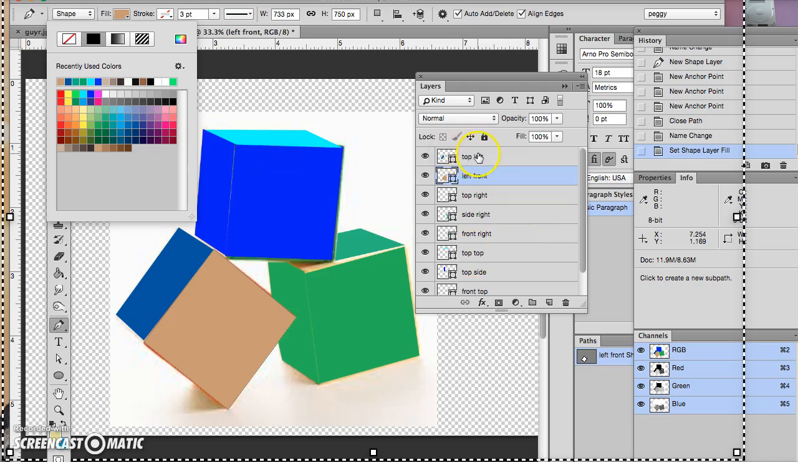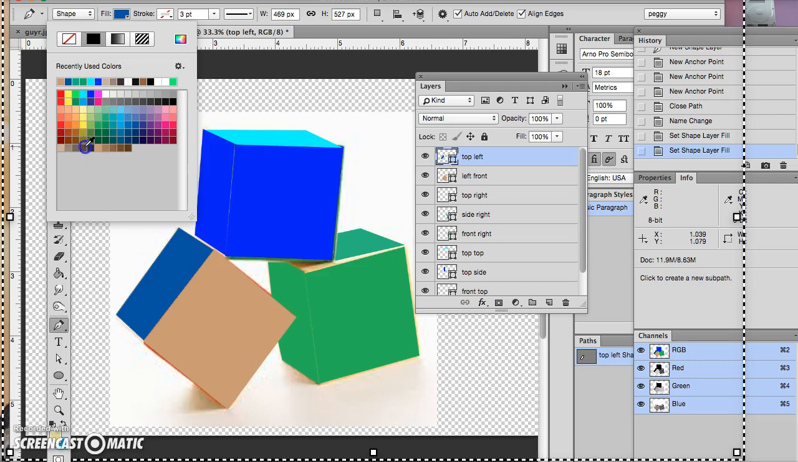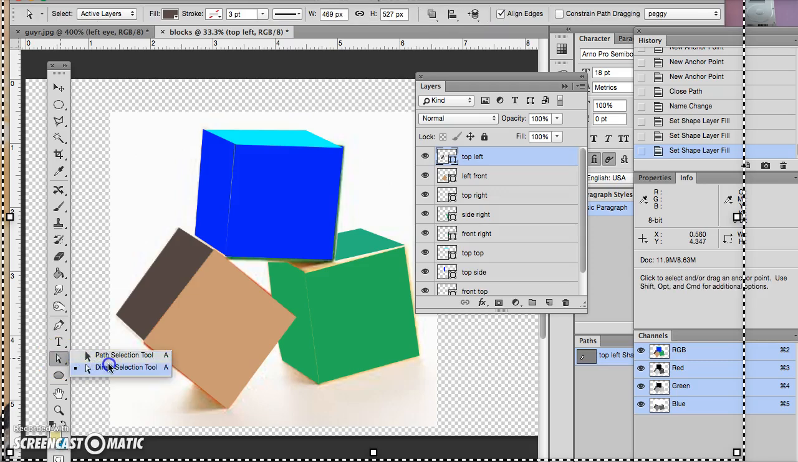Okay, let's make that top one here kind of a brownish, just to stay in line with things. Okay, so now we've just made our basic shapes, and you can see it's not exact. And so this is where we come in. We have two tools here. We have the path selection tool, and if I'm on the top left one and I click on it, you see the points come out here, and I can actually move this shape